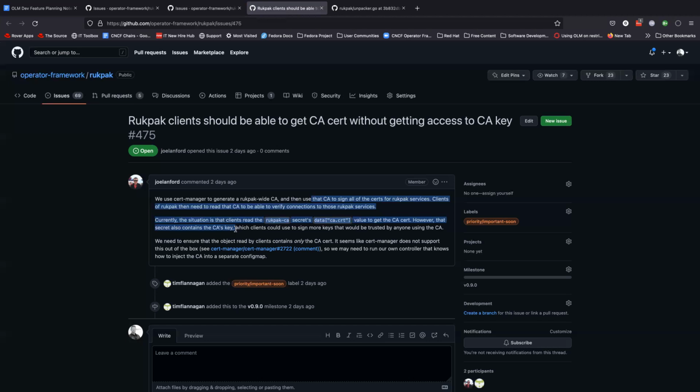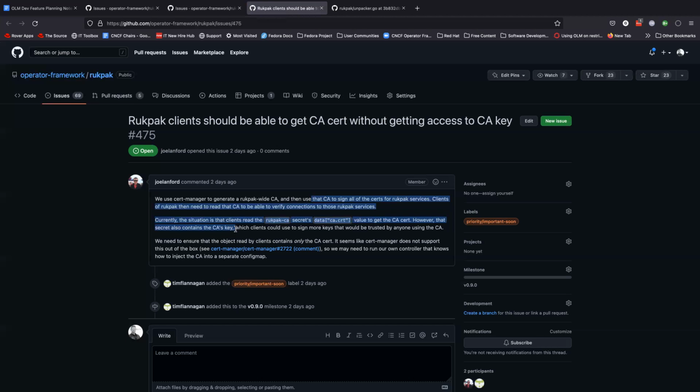So the immediate thing is, okay, just don't give our back to anybody that you don't trust, right? Because then they won't be able to read the secret, they won't be able to use the cert. And if they want to connect to RUCPack services, then they'll just have to disable trust of the server validation or whatever. But I think to fix this, what we probably need to do is do something that effectively just